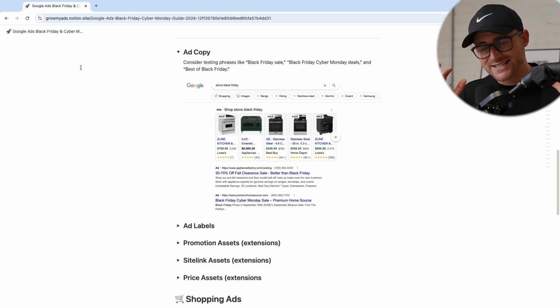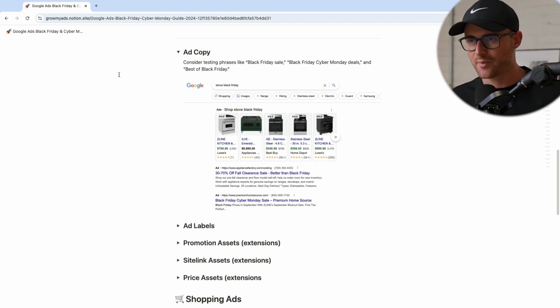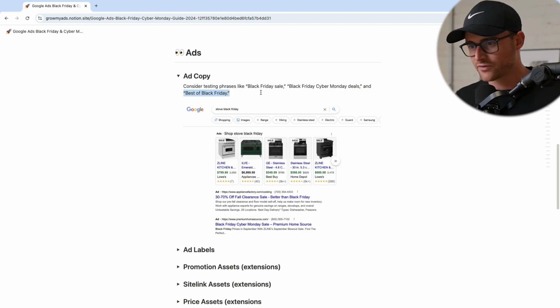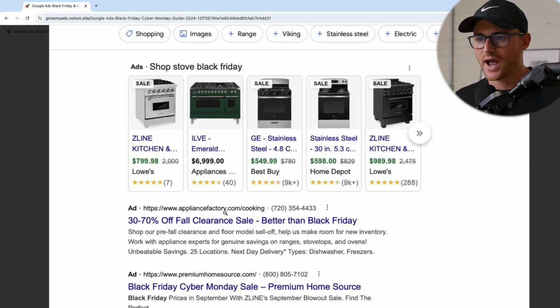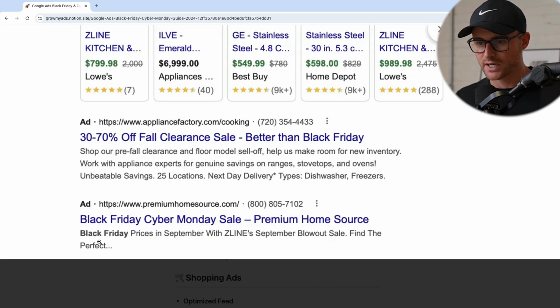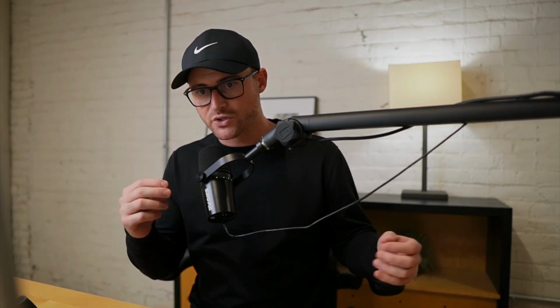All right, actually getting inside of doing ad changes, number one is going to be ad copy. So consider testing phrases like Black Friday sale, Black Friday, Cyber Monday deals, best of Black Friday, etc. in your actual ad copy. So here's an example of stove Black Friday, but you'll see people are running Black Friday, Cyber Monday sale copy in their ads. So you are going to want to actually prep and plan different ad copy for Black Friday and Cyber Monday. Now, I talk about using rules later on how to control that in an automated manner,